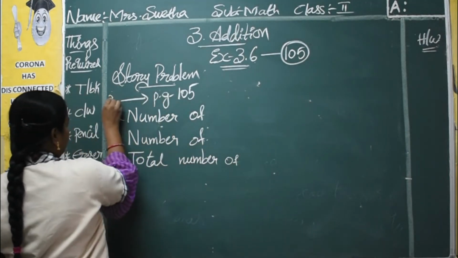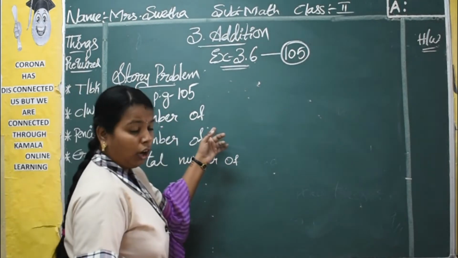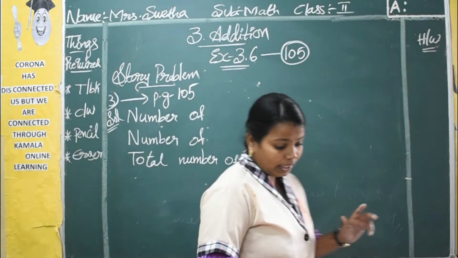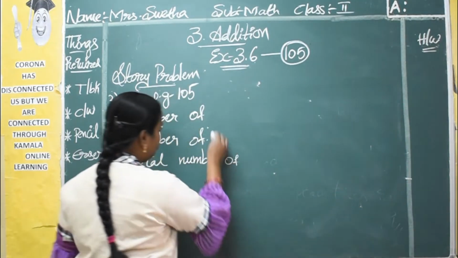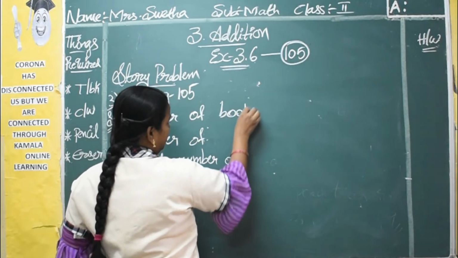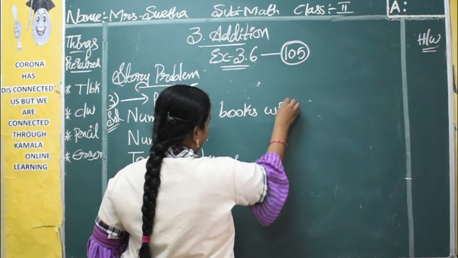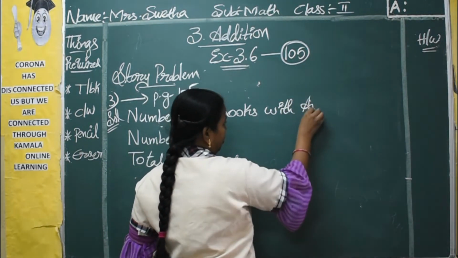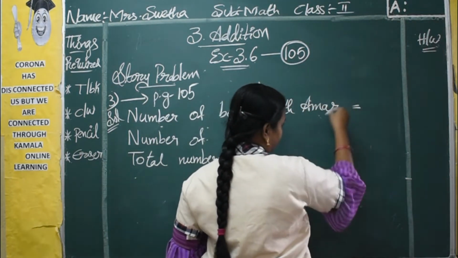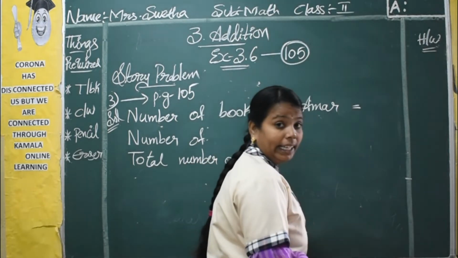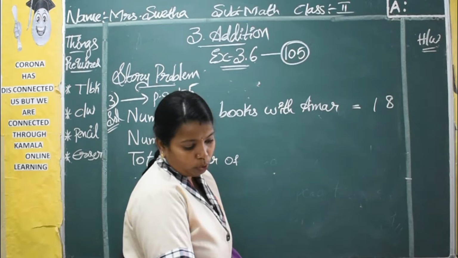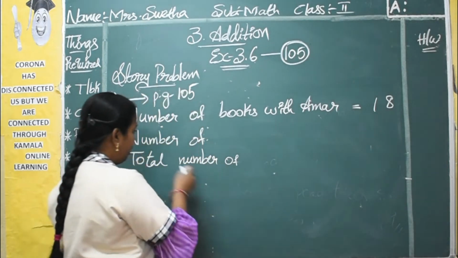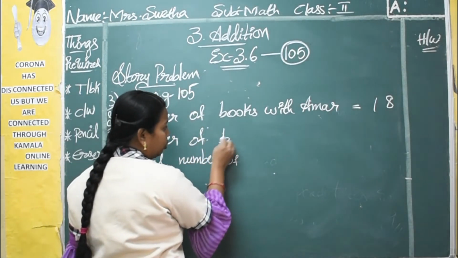Okay. Now third problem. Number of books with Amar, we should write. With Amar how many books are there? 18 books. So 1, 8, 18. Next, about whom are they talking? Sudhir. So number of books